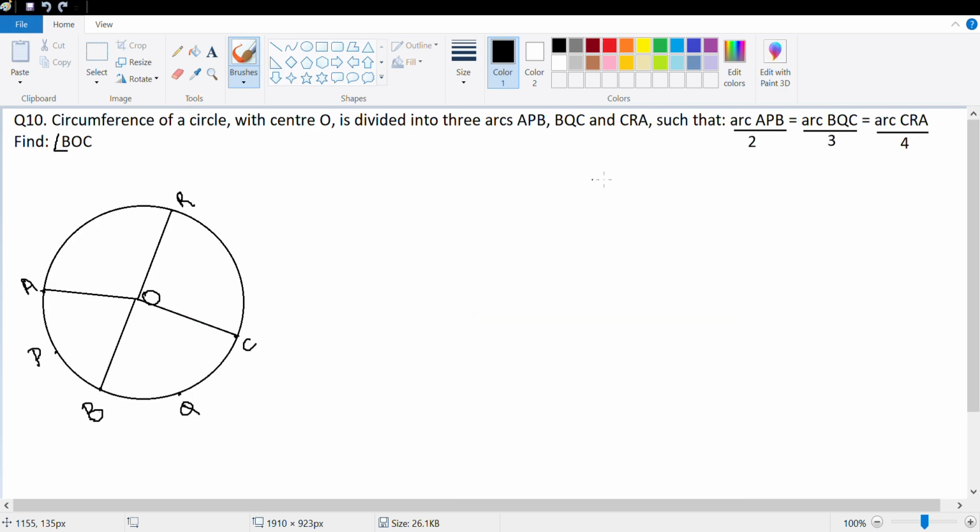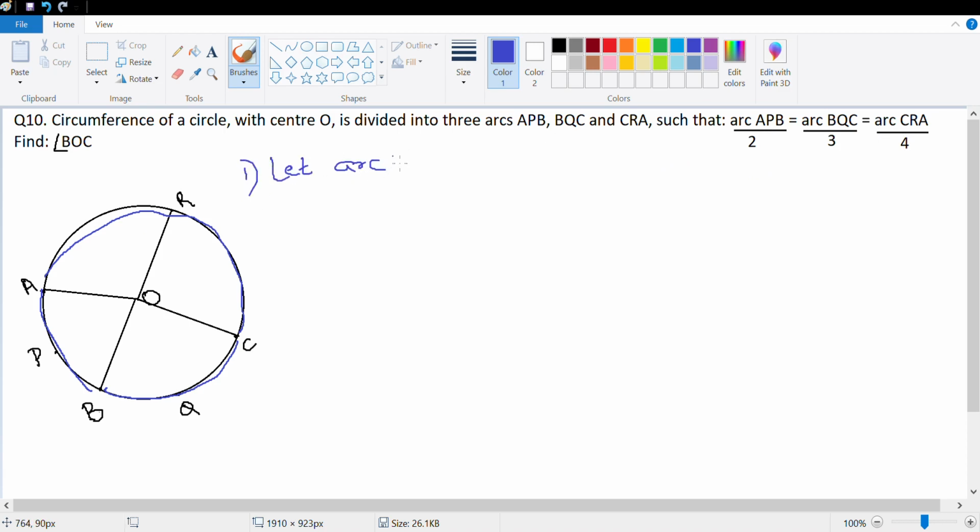question number 10. Very interesting question. It uses a bit of ratio proportion as well. So the circumference of a circle with center O is divided into three arcs, APB, which is my first arc here, next BQC and CRA, in such a manner that arc APB upon 2 is equal to arc BQC upon 3 is equal to arc CRA upon 4. So let